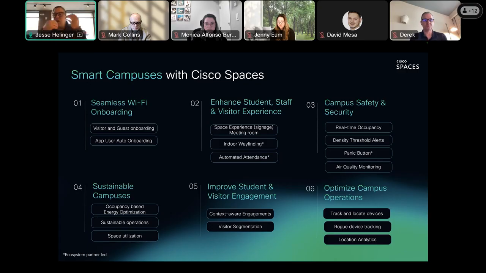Campus safety, so we can talk about occupancy and density thresholds. Maybe it's a campus security or staff duress situation in which someone wears a panic button or something of that sort. We're able to compute that emergency situation and provide the data and location to the authorities. Sustainable campuses, I mentioned automating HVAC systems using the data being provided by the wireless APs,